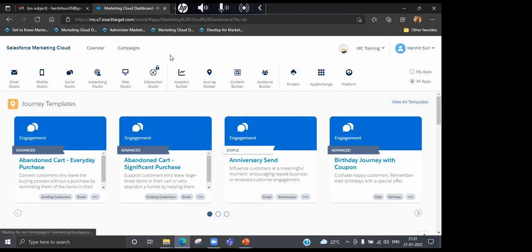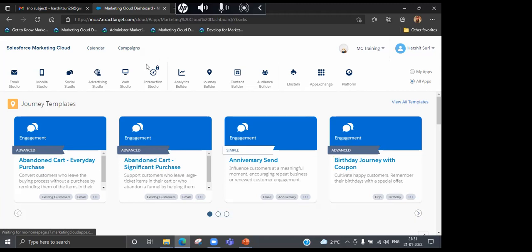Okay. Not like a regular developer org? No, not a regular developer org. See, that is a platform. Salesforce is a platform as a service, that dev org, where you can customize and do everything. But Marketing Cloud is a SaaS, software as a service. You get a ready-made product. You will be able to execute custom workflows and design everything, but you cannot change the basic functionality.